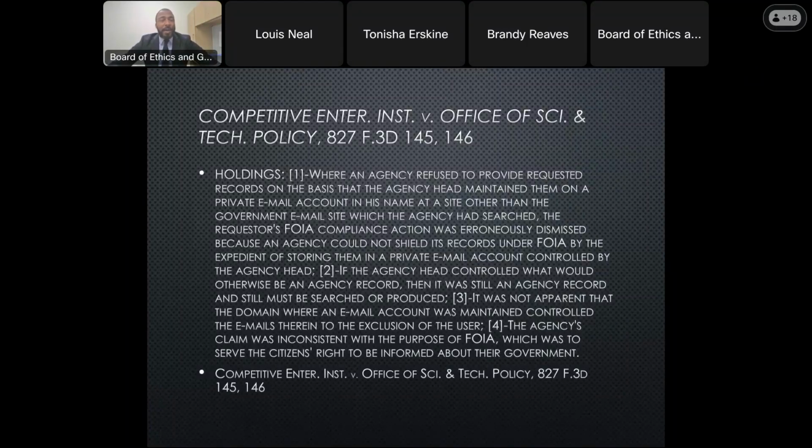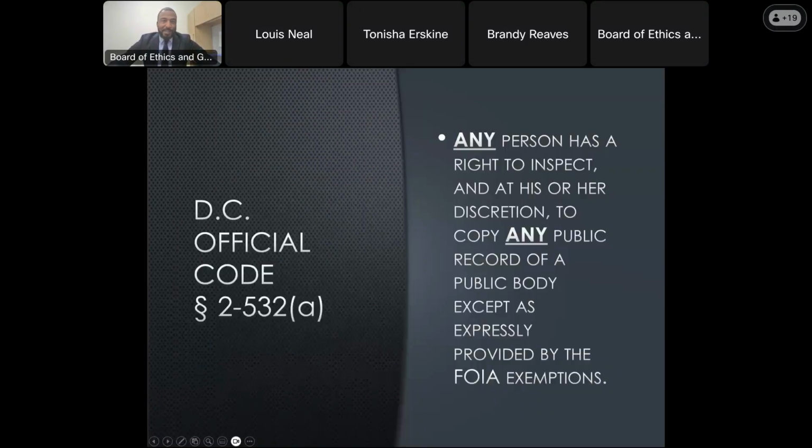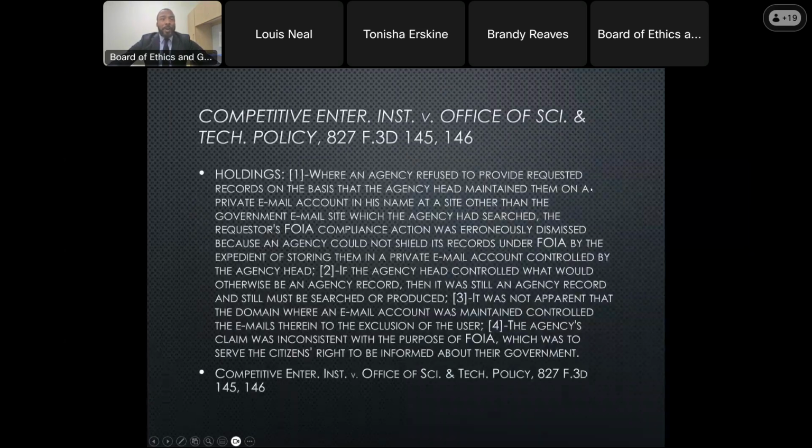So the takeaway from that is, if they are government records, housing them somewhere else, whether on a different email server or a different email address, does not magically make them not government records. Okay. Any person has a right to inspect and at his or her discretion to copy any public record.